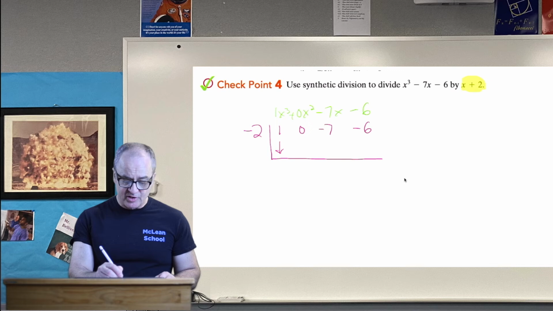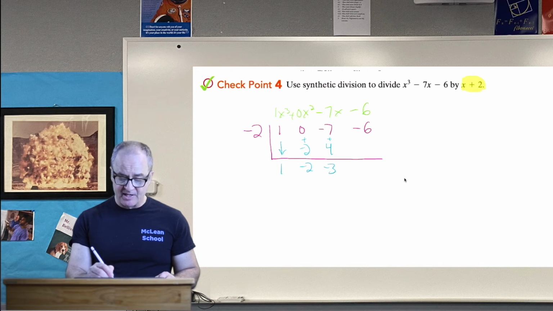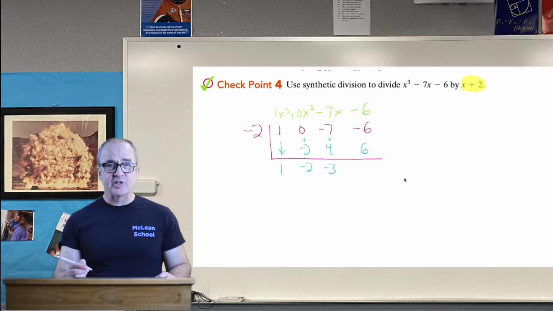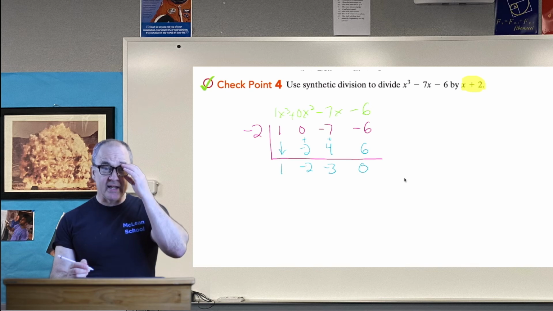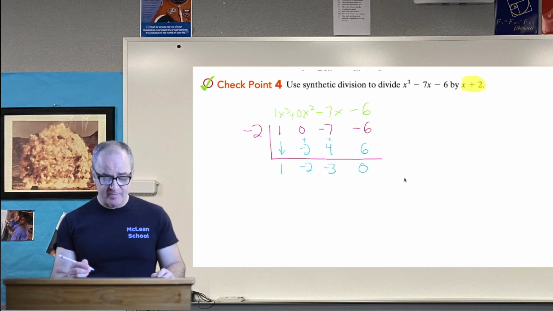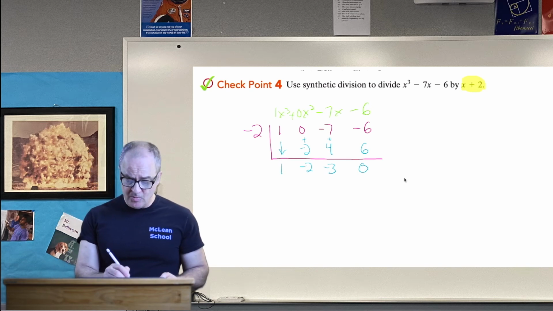Multiply by negative 2, add to this column, still get negative 2. Negative 2 times negative 2 is positive 4. I'm now going to get minus 3. Negative 2 times negative 3 is positive 6. I have a remainder of 0. Okay, this factor went in evenly, neatly, no remainder whatsoever. So I now know that x plus 2